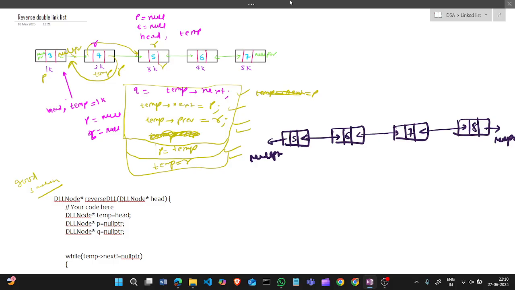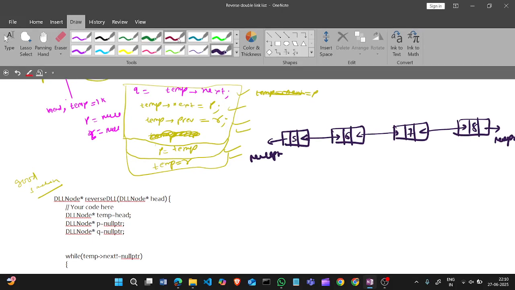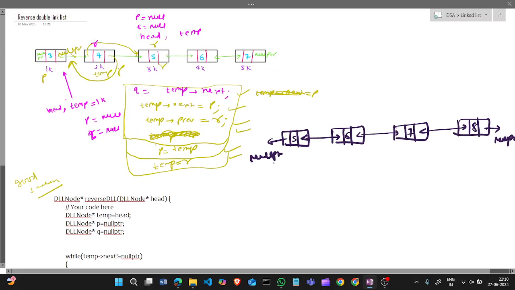So what I will do, I will take some pointers. Head is already there. Then I will take a temp which is pointing to the same.